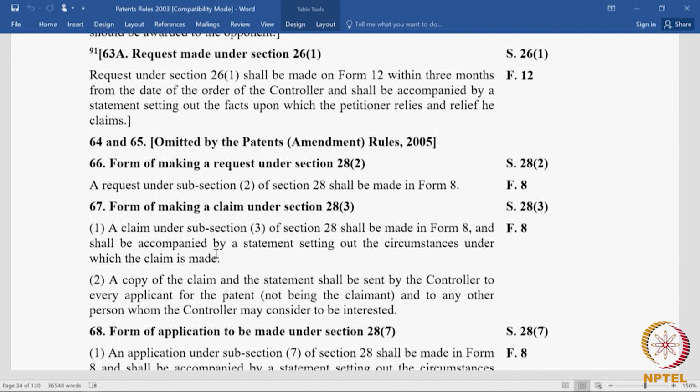You could have various choices. Form 12 has to be filed along with post grant opposition, that is form 12 has to be filed along with form 7A. Form 12 has to be filed after the order of the controller under section 25(4), but within 3 months. That could be the correct choice. You could create different questions based on the details in this, but you will understand that 3 months from the date of the order refers to the 3 months from the date of the order passed in post grant opposition.